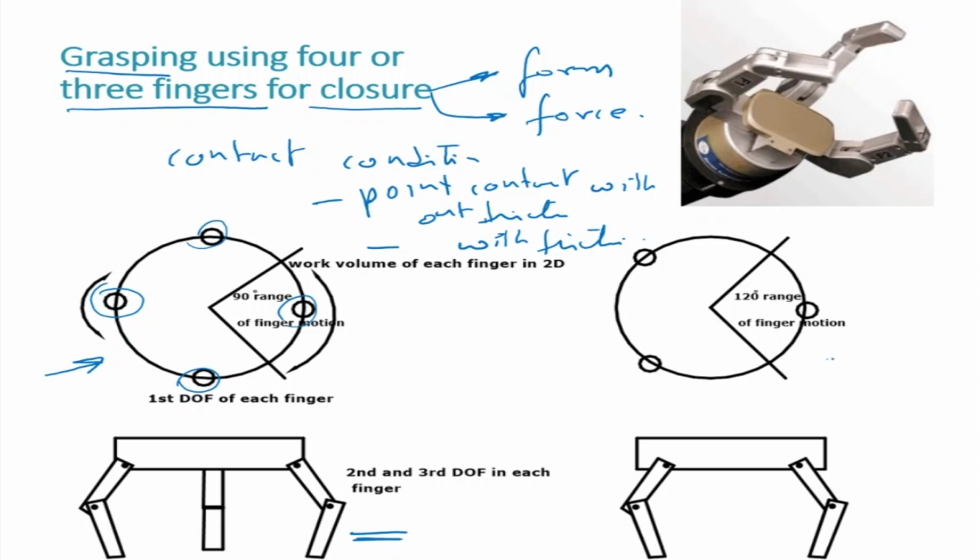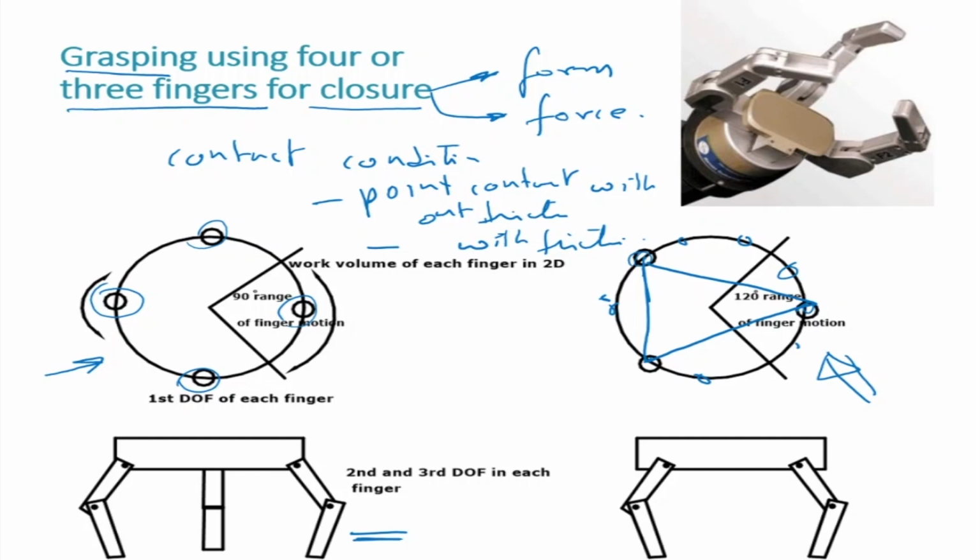In this case, as shown in the right side figure, there are 3 fingers, so there is a range of 120 degrees between them. Okay, so the question is where would you place your fingers? Here, here, here, here. In a circular object it's not a big problem as long as you can do this kind of grasp. But if it is an irregularly shaped object, there is something we'll look at today. Where are you going to place your fingers and how do you solve this problem?